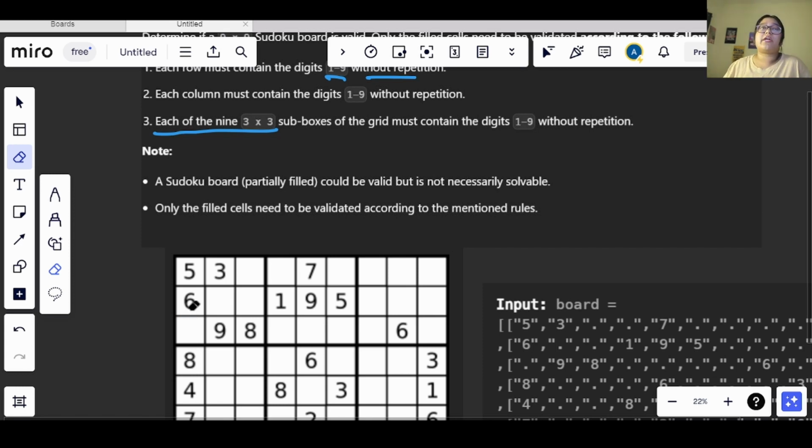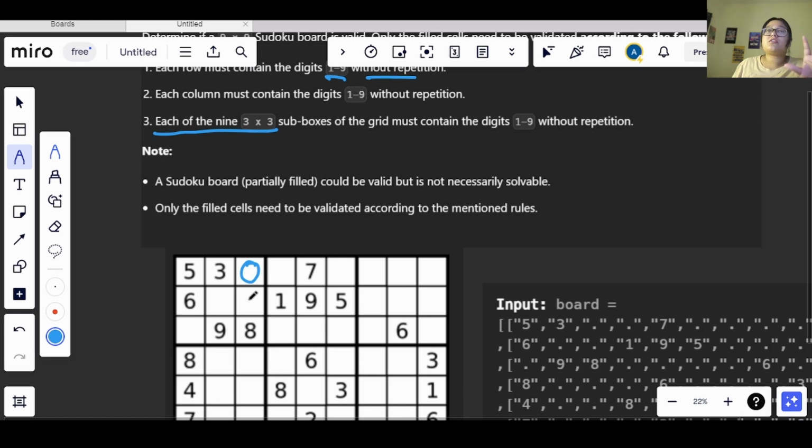So these are the rules that we need to follow. We have been given a note here that the Sudoku board is partially filled, and it can be valid, but it is not necessary that it is solvable, okay. So as I said, we don't have to fill the empty boxes or cells, okay.